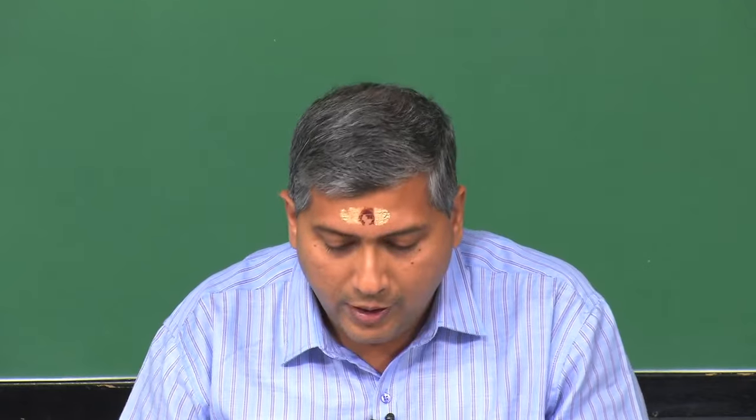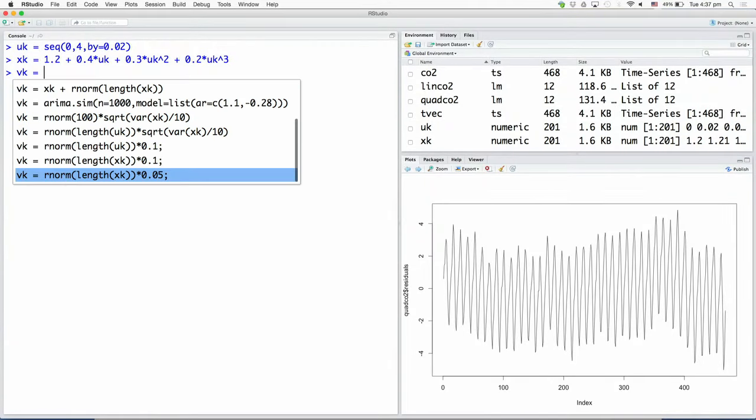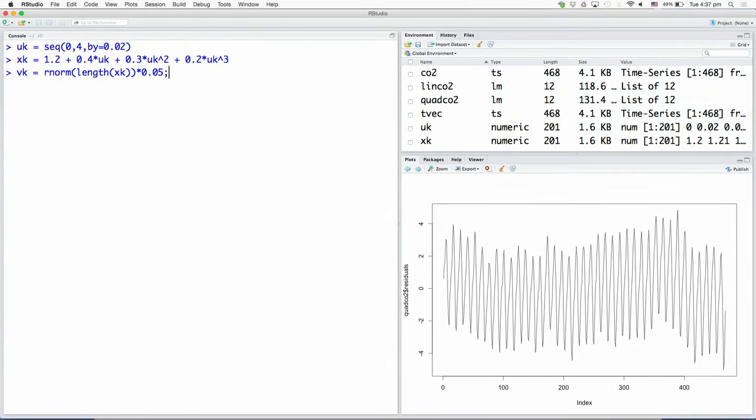So, to make the situation realistic, we now add noise, and we add noise in this fashion. We add Gaussian distributed noise of the same length as xk, and we also adjust the amplitude of the noise such that the signal to noise ratio is fairly high, and that is what I am doing here.